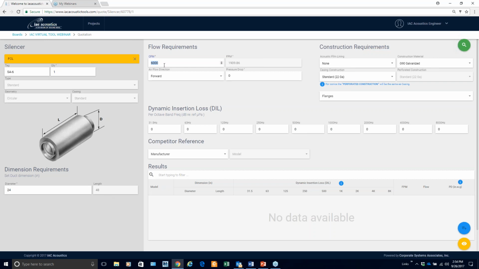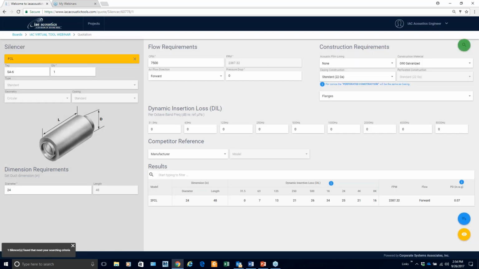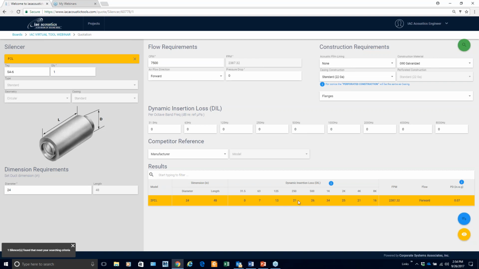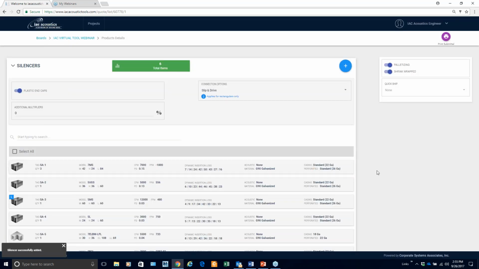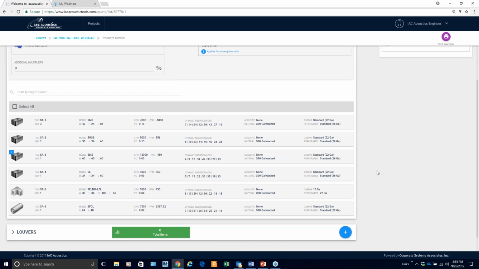From here, let's go ahead and put in 7,500 for our CFM. And again, you saw that this is already preempted right here. Let's go ahead and search. And from here, we see 24 inches in diameter, length 48. Here are your dynamic insertion loss numbers, your feet per minute, your forward pressure drop, 0.07. Hover over top of this, add that to your mix, view your portfolio, and let's say, for example, you forgot on the SA-1 to add in